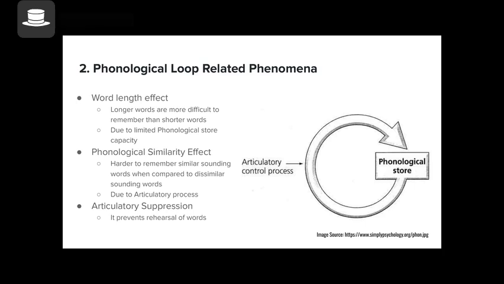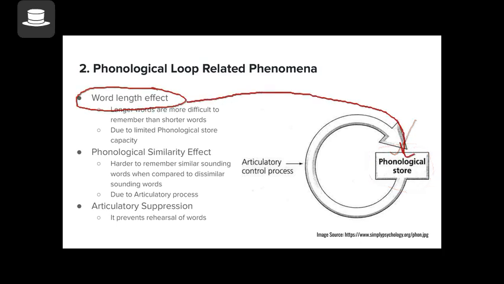The word length effect is the finding that it's harder to remember longer words than shorter words. If participants are presented with a list of shorter words and longer words, their accuracy is higher with shorter words when compared to longer words. And this is because of the phonological store, right? It makes sense, because of the limited capacity of the phonological store. If the words are longer, then they occupy more space, correct? So if you get a question like, word length effect is because of, you can say, limited capacity of the